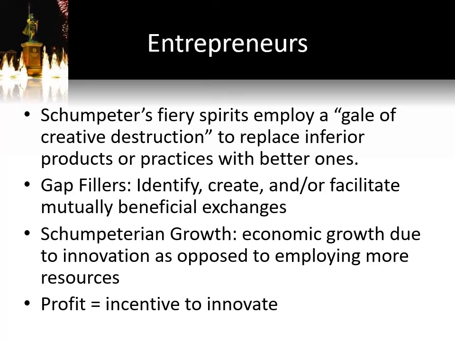An entrepreneur is an organizer, and the term comes from Schumpeter, an Austrian economist, who coined the phrase. He has a very almost romantic language here. He talks about entrepreneurs being fiery spirits that employ a gale of creative destruction to replace inferior products or practices